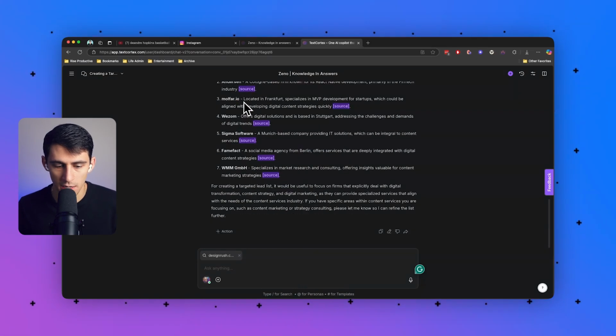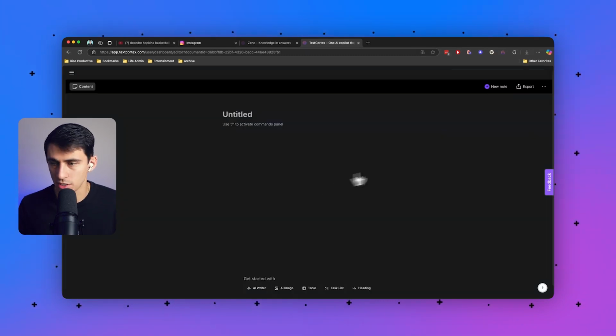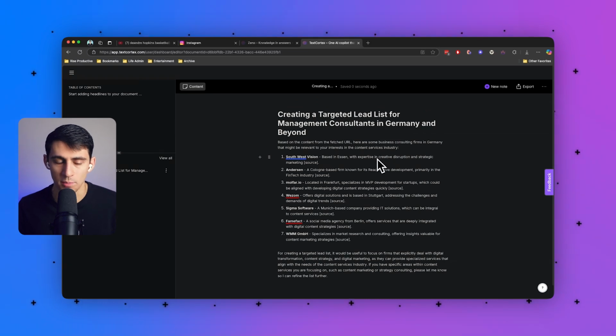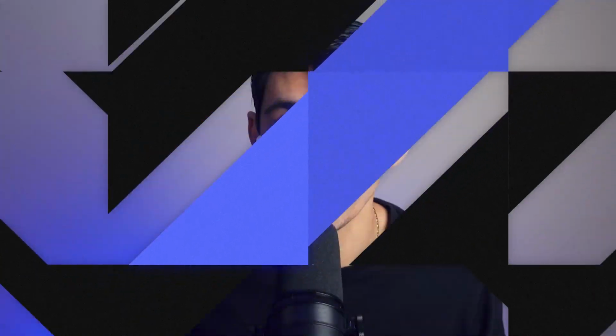And then from there, I can click on action and add it to my knowledge base, or make adjustments and edit it in a text editor before moving forward and exporting it into a text file or adding it to my knowledge base. So with that being said, I hope this saves you time moving forward on how to increase